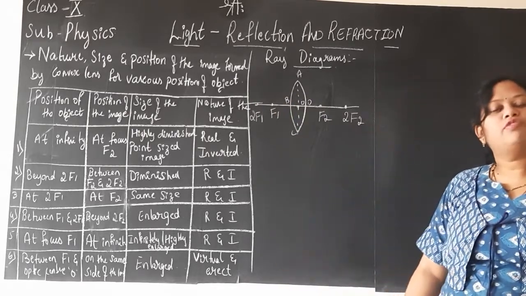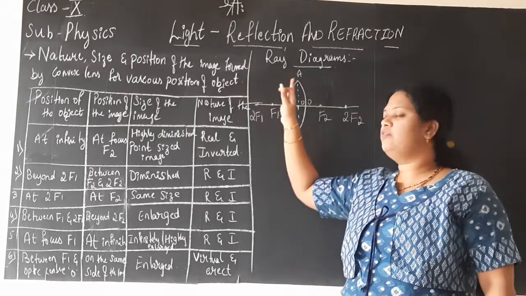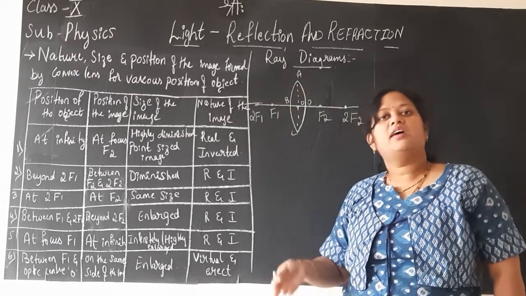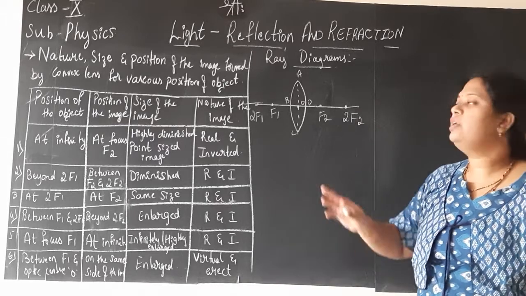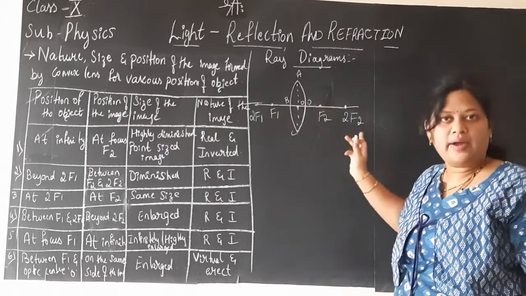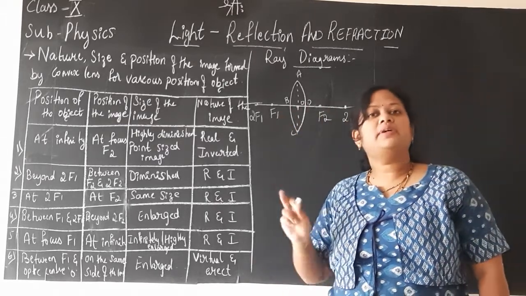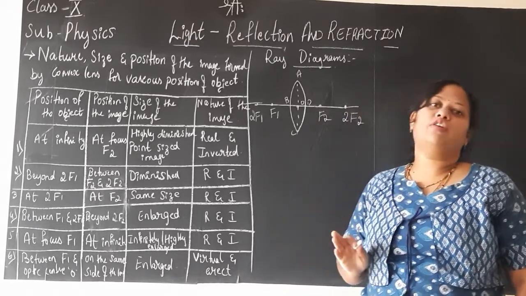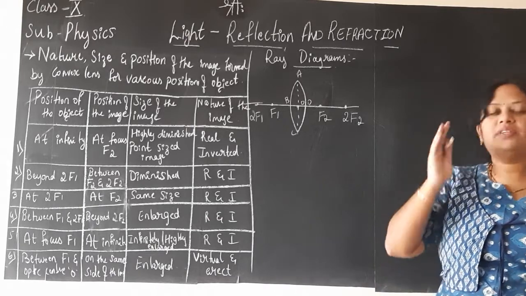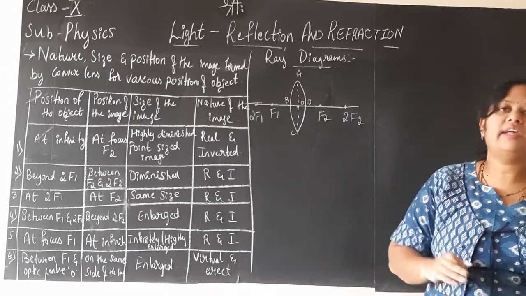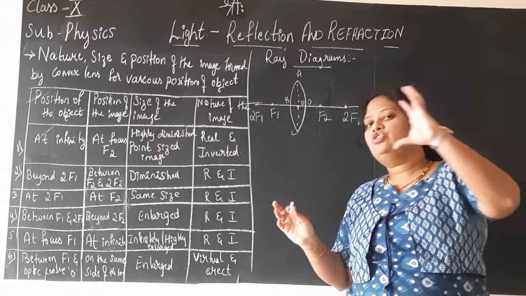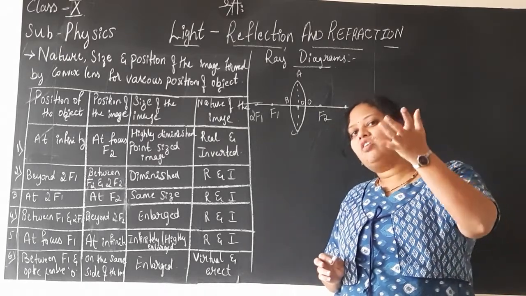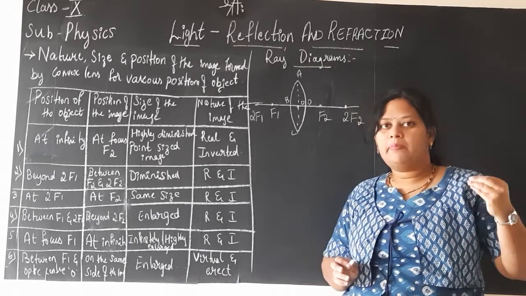What is principal focus, children? When the light is coming from the source and falling on the lens, the refraction will take place. The refracted rays will converge or meet at some point. That point is called the principal focus. That is where the image of the object is formed. Okay, now keep this in mind. This is true for both mirror as well as lens. When the rays of light are falling on the mirror or the lens, after converging or diverging, they meet at some point.